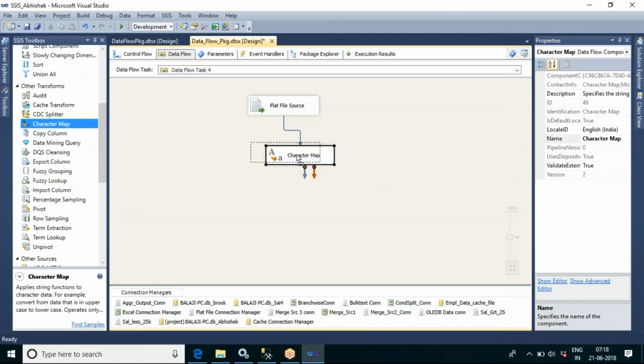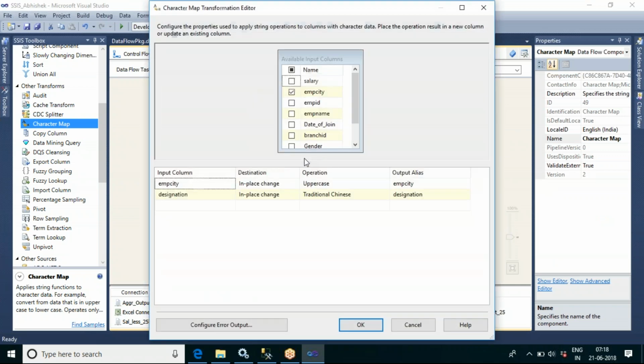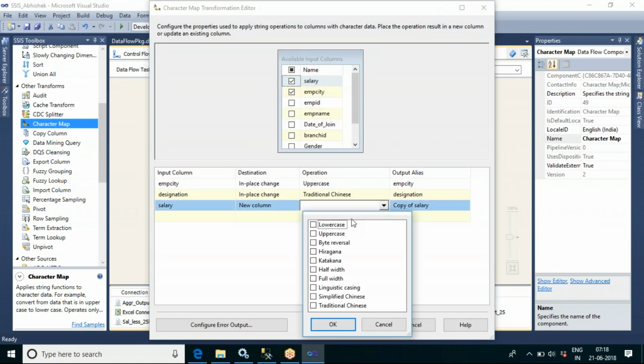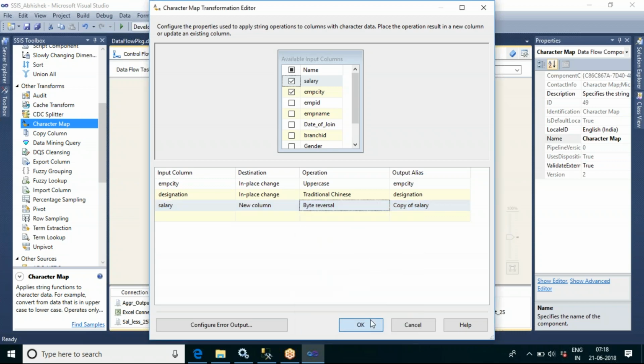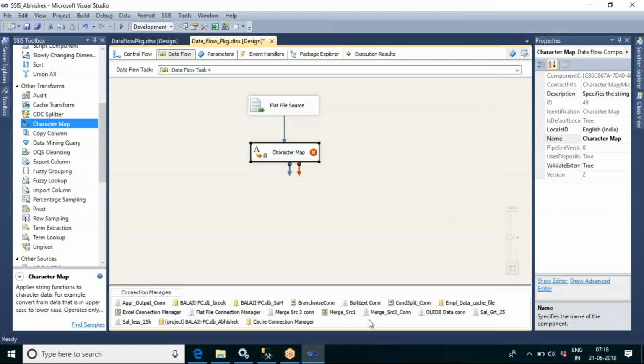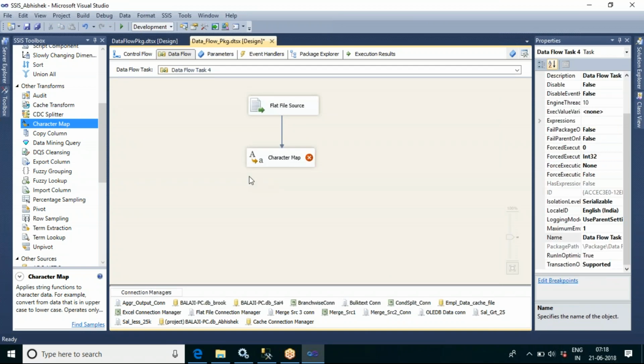That byte reversal is not accepted for string columns. So let me see whether I can apply the byte reversal for salary. Now we can see this is not acceptable for the English language. That byte reversal command is not acceptable for the English language.